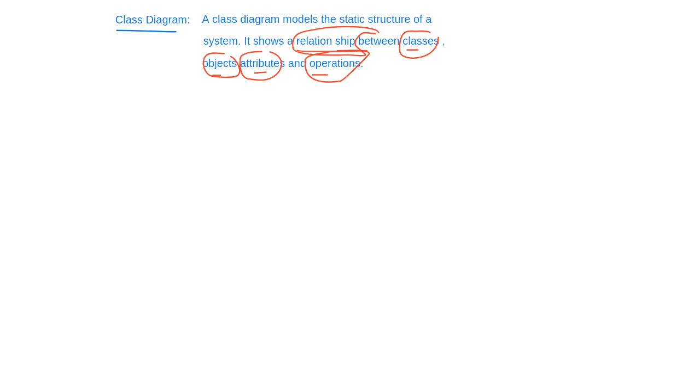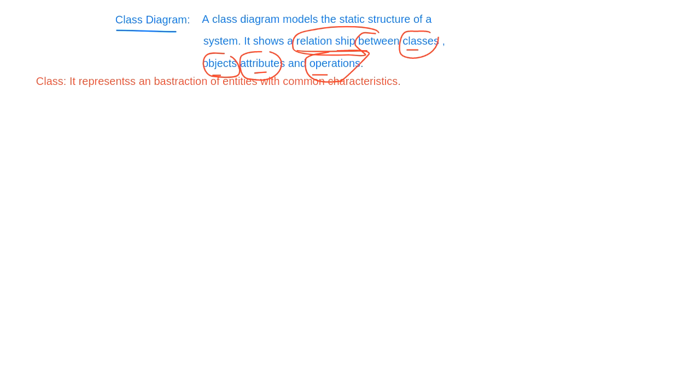A class represents an abstraction of entities with common characteristics. This is the definition of a class.